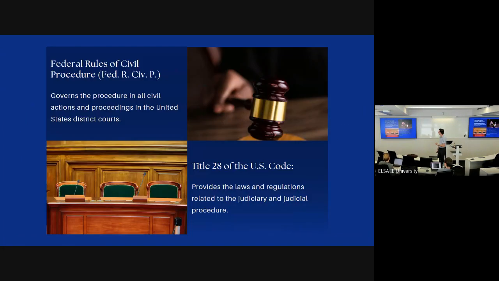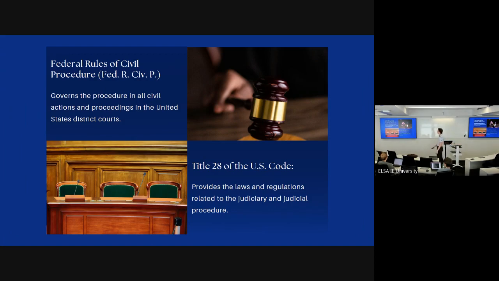Yeah. Okay. Rules of Civ Pro. These are the two things I would recommend using for preparation in terms of procedure. Look at your Civ Pros and your Title 28. The Federal Rules of Civil Procedure is basically how you introduce evidence, stuff like that. You also have a copy of that document, modified for our competition, on the website,